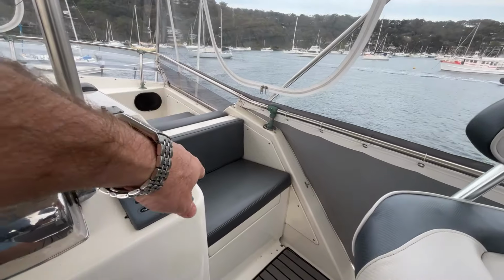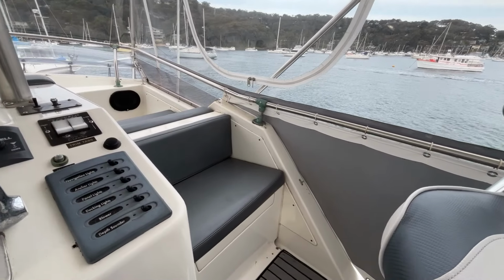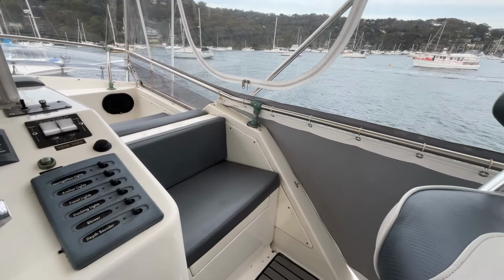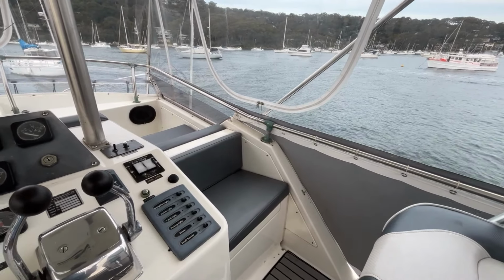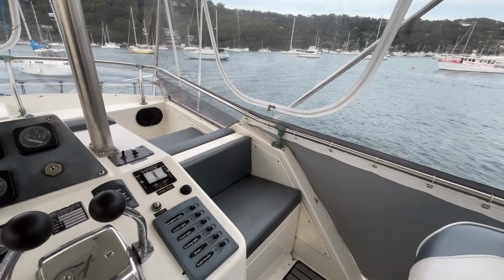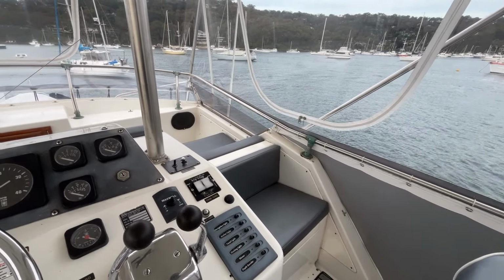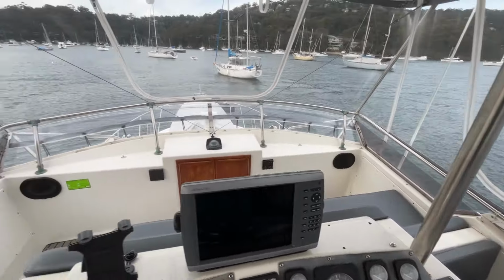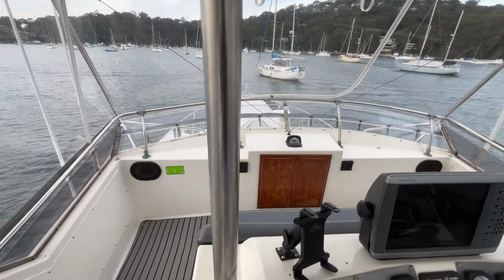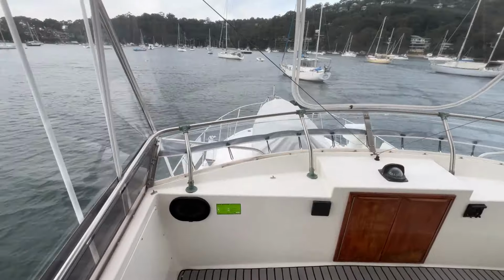And there's an additional little spot there where someone can take a position and chat to whoever might be sitting in this helm seat here. And again, just a nice space to socialise and enjoy proceedings. So there you go. I'm going to just step forward a little bit, because what I'd like to point out